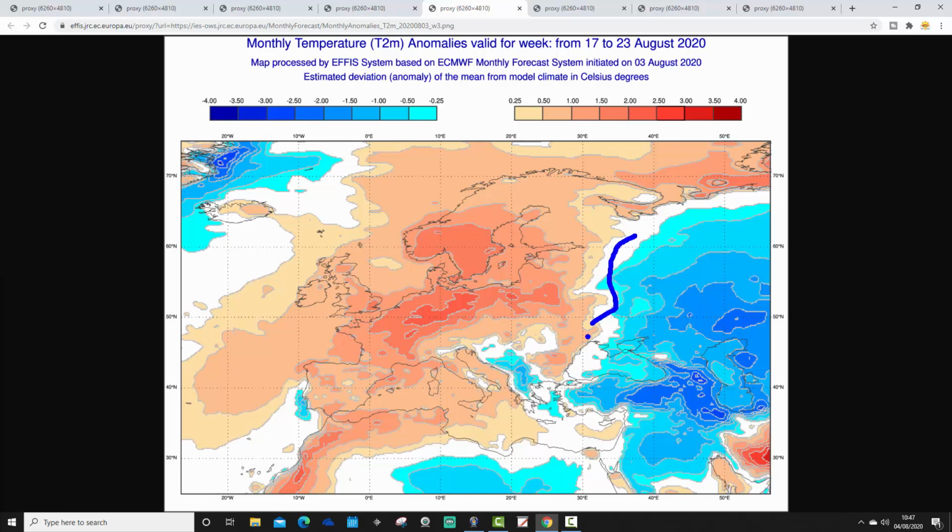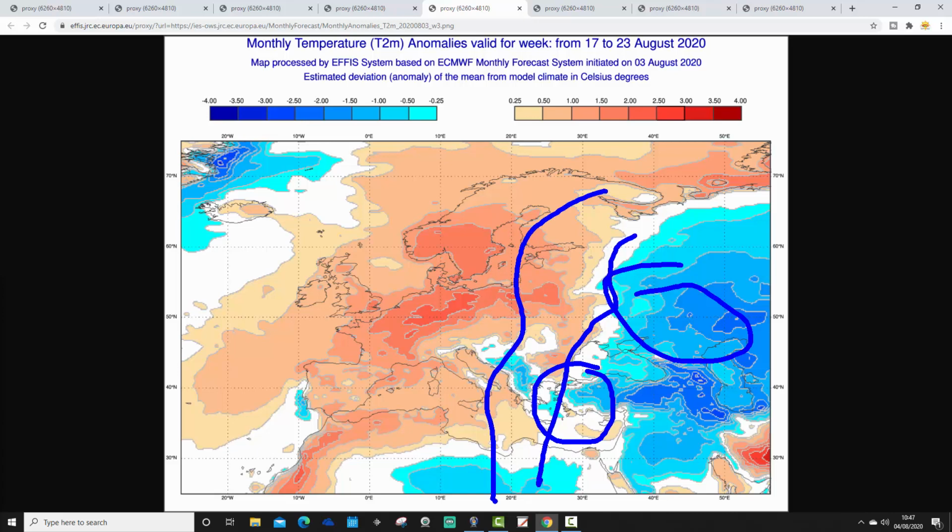Once more in the extreme east around the Black Sea, going down to this far southeastern corner of the Mediterranean like Turkey, maybe parts of Greece into Cyprus, those sort of areas looking cooler than average through there, and up to southern and southwestern parts of Russia as well. But coming back through most parts of Europe, it's warmer or hotter than average in most areas, many parts of Europe coming out with temperature anomalies at least a couple of degrees above average, some areas going above that, going